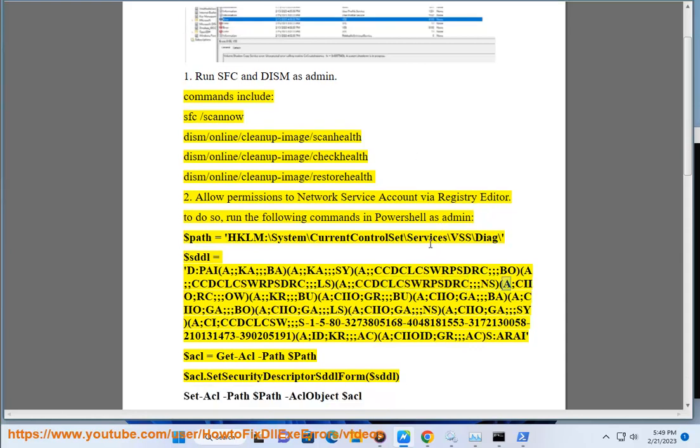(A;;CCDCLCSWRPSDRC;;;NS)(A;CIIO;GR;;;BU)(A;CIIO;GA;;;BA)(A;CIIO;GA;;;VO)(A;CIIO;GA;;;LS)(A;CIIO;GA;;;NS)(A;CIIO;GA;;;SY)(A;CI;CCDCLCSW